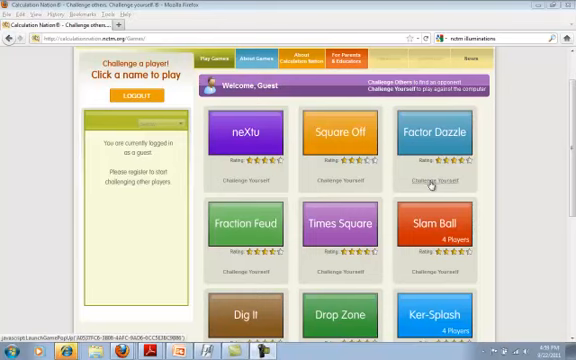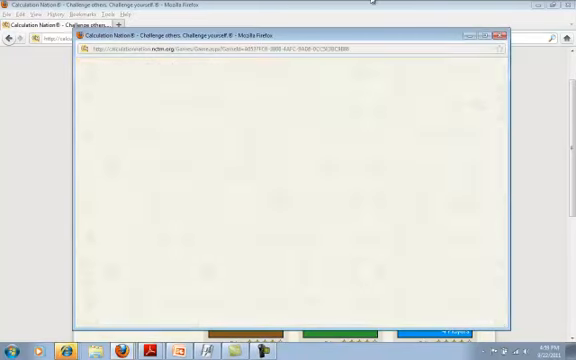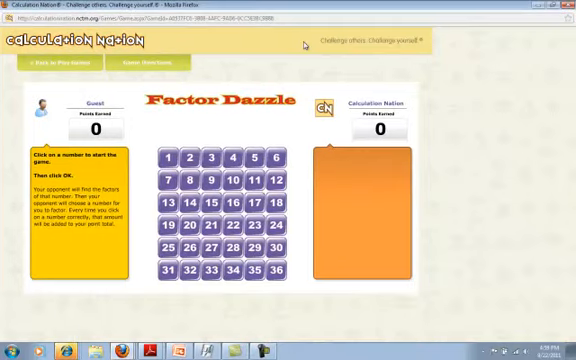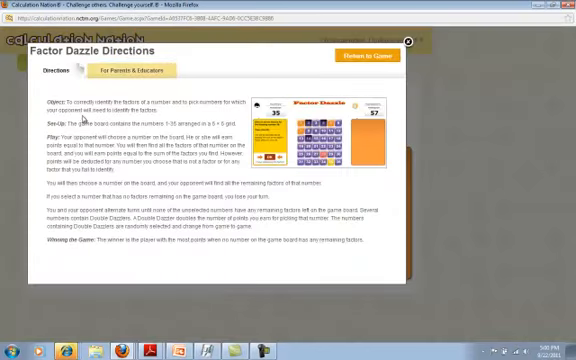I'm going to show you how to play FactorDazzle. This is a fun game for playing with multiplication facts. Now, you are the guest and you're playing against Calculation Nation. If you want to read the directions, you can click on Game Directions and see that the object of this